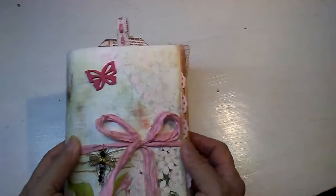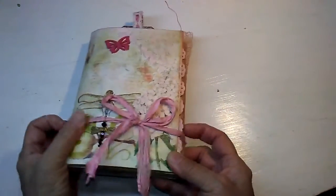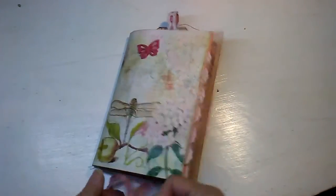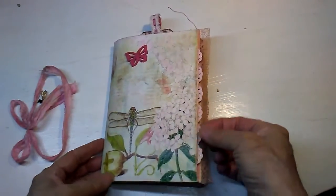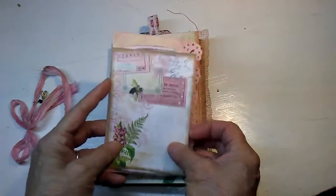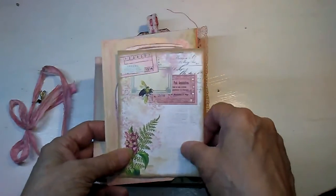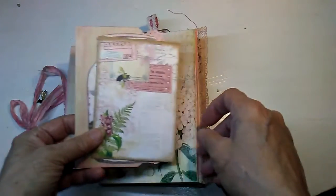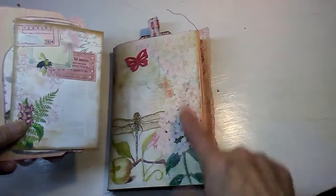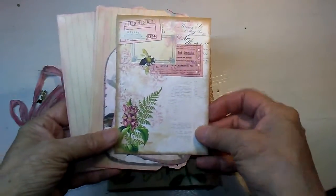So I made them so that these really don't have to be untied. You just slip it off. And there's a pocket right here in the front. These actually are new additions. I made these journals several months ago and kind of put them to the side. And when I got ready to shoot the video, I added another pocket to this one and a couple of tags from the new